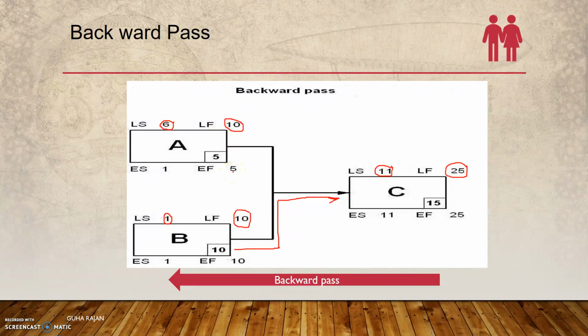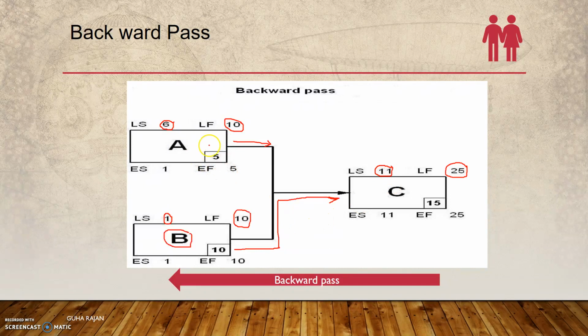Whereas here, if you look at it, early finish minus late finish, or late start minus early start, there is 5 days of slack here, meaning... while in the case of B you cannot delay, because if it is going to delay by a day, then activity C has to be pushed. If it is going to complete only on the 11th day due to some unavoidable situation, then activity C can only start on the 12th day.